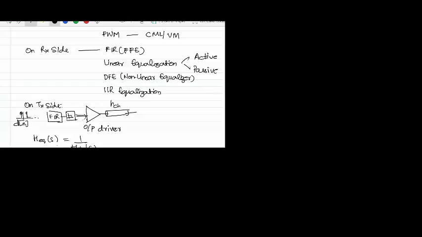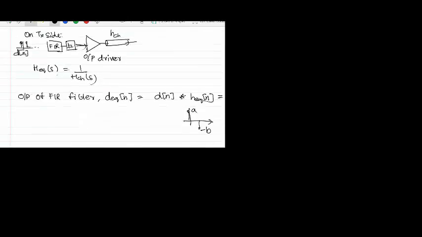So if you want to equalize on the transmitter side, we already know what kind of bits we want to transmit. So now the question is, let's say you are given this D equalizer of n, and you want to transmit it. What is the best way to transmit? Okay, so let's say at the input of the output driver, you have D equalizer of n, which is an equalized response of the bit stream. So what do you think can replace this output driver block in between?